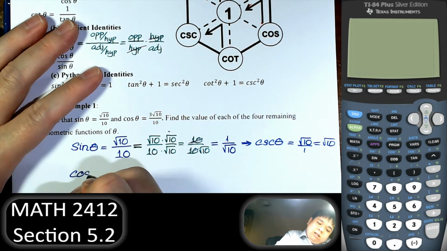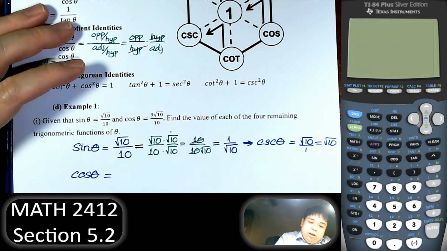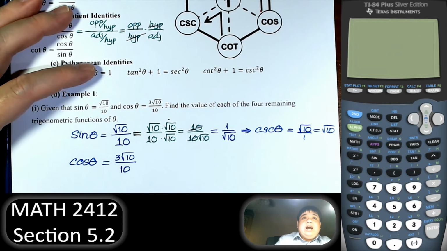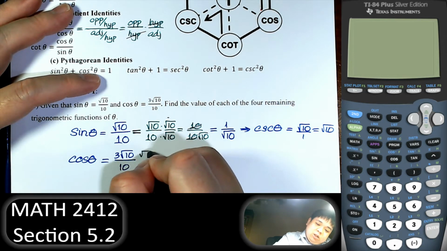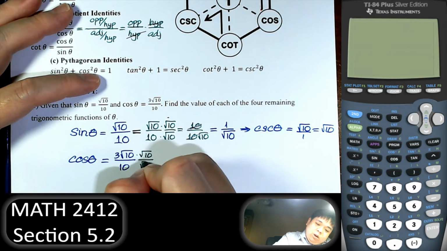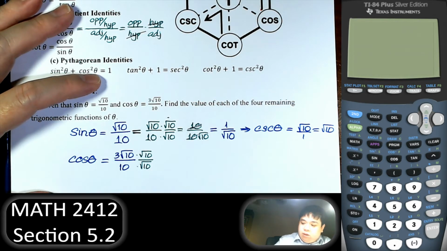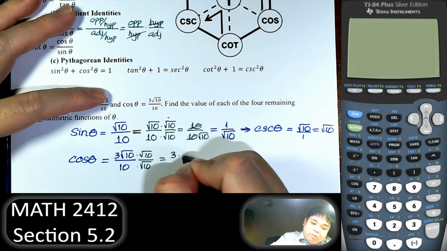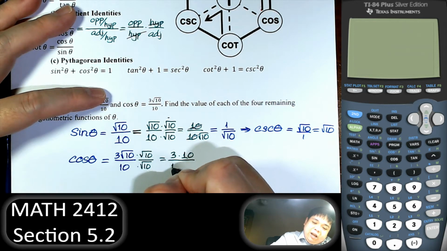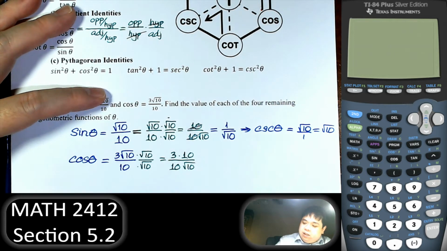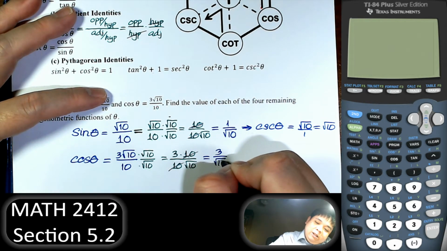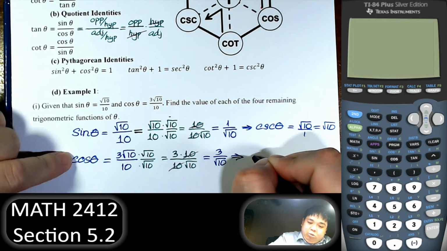Right, cosine. Cosine is 3 square root of 10 over 10. Once again, if we want to, we can just multiply square root of 10 on the top and square root of 10 at the bottom. Square root of 10 times square root of 10, so we have 3 times 10, and 10 times square root of 10. That cancels out. So we have 3 over square root of 10,